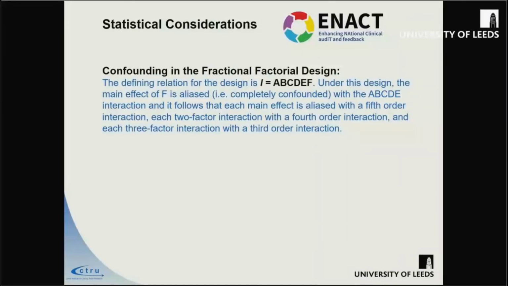The next side of it was thinking in terms of the fractional factorial design. So what we're doing by having a fraction of the design, as opposed to the entire full factorial design, is summing up on one level. We're assuming that some of the higher order interactions are 0. So the 6-way interaction between all of them we're assuming is 0. And by doing that, we are able to have a simpler design in terms of implementation. There is a way that you have to decide that, and we decided to confound the 6-way interaction, but you could have decided to confound other ones if you were able to do that.